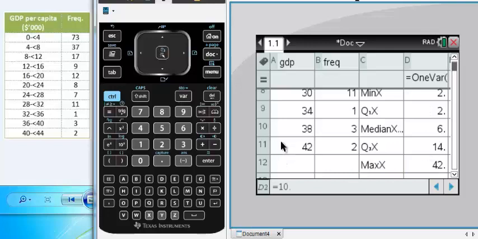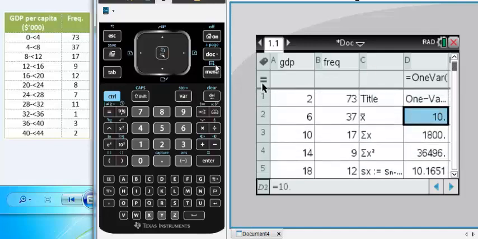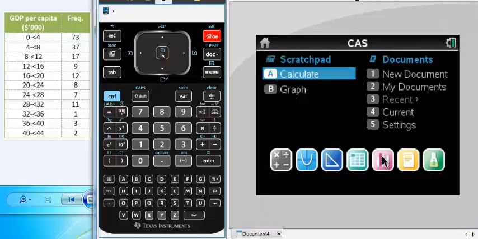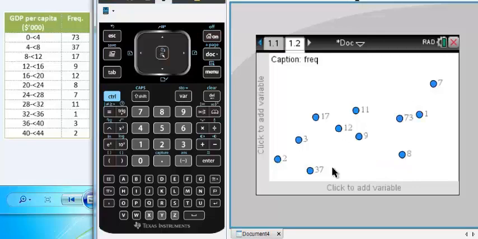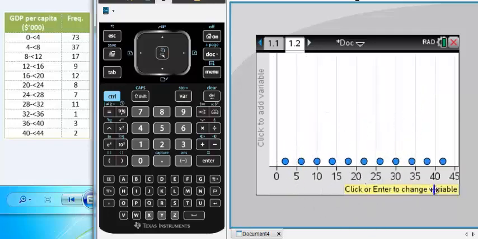Now we will see how we can draw a histogram from this data. To do so, we will click on the home sign, and we will take a data plot area. It is showing the data in a scattered way, but we did not set any variable. So we need to click on this horizontal axis, click add variable, and we will put GDP here. So the data will align as GDP. We will not set the frequency now.